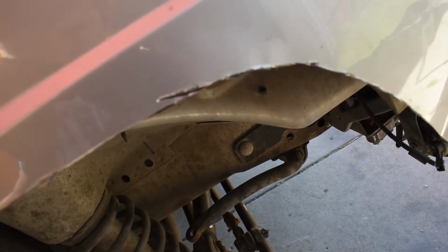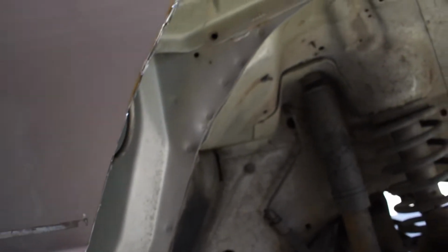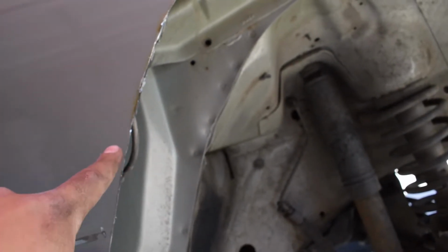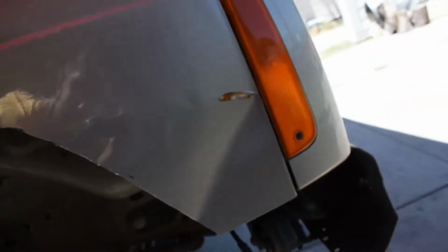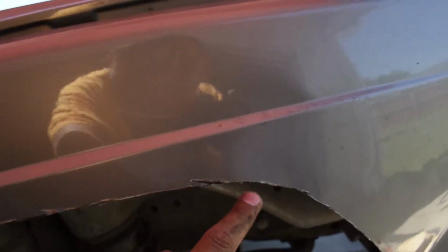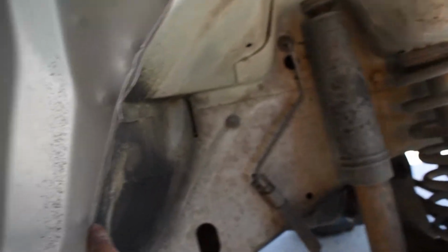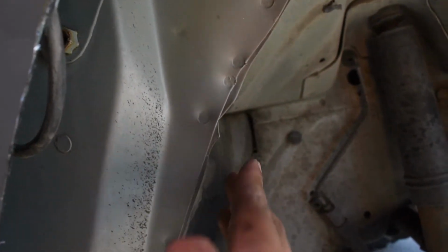It jumped on me. The thing got caught and it jumped on me, and then I went up here instead of following this line, and up here too. The curves were the hard part, but the straights, like the straight down, look nice and clean. So that cut's nice and clean. All of this one is a little bit rough, but the real messed up parts are here on the turns. And then these pinch seams right here, I still need to hammer those in